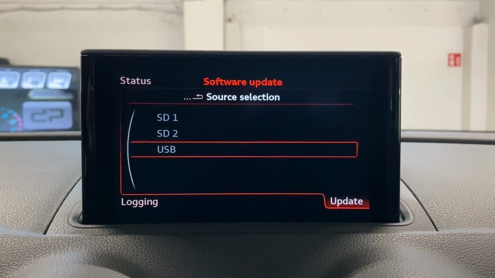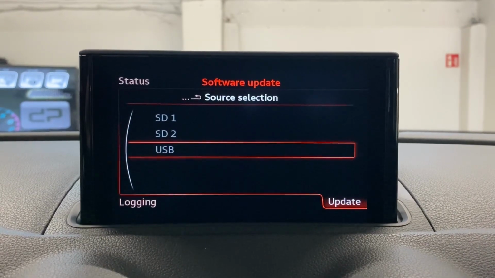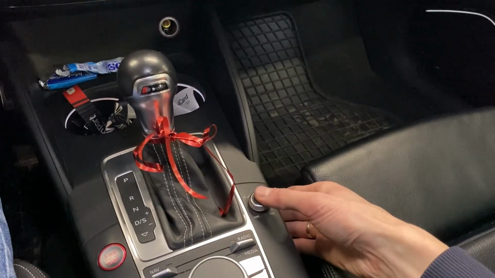So we can select which source you are providing the new firmware from, to be installed in this unit. So we can go back over here, and to exit this menu, well, actually it's not that simple,